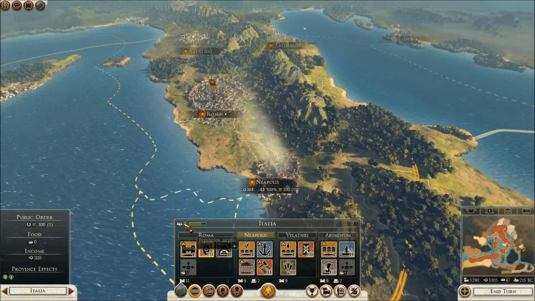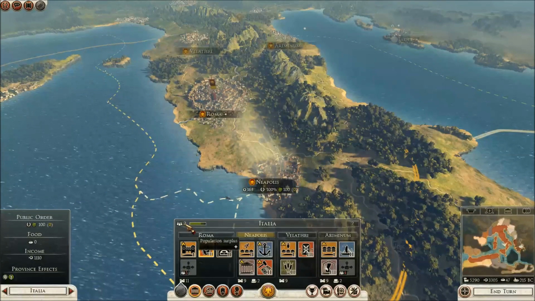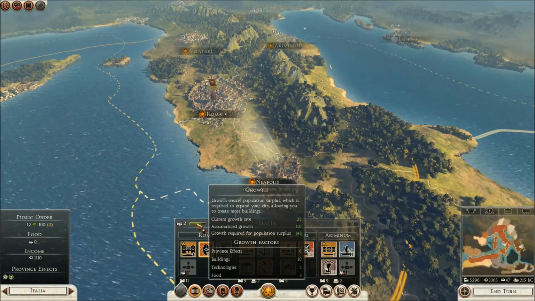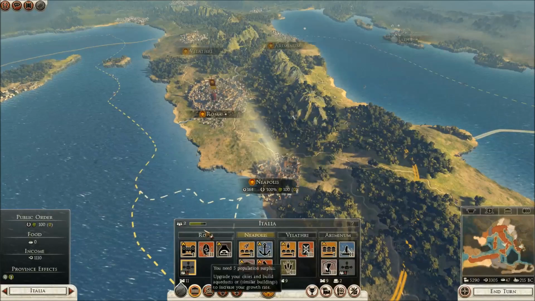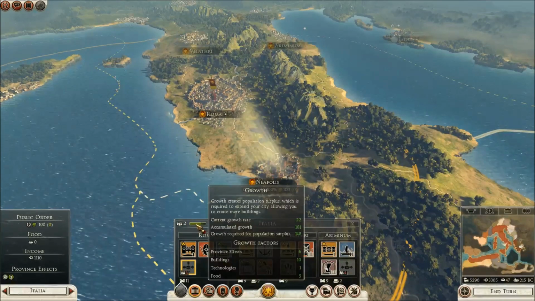There's also a handy-dandy little population surplus icon up here. This will tell me how fast my towns are growing, what growth rate they're at, and how close I am to being able to upgrade. So like, for example, Roma, I can expand this city when I have 5 population surplus. Right now I only have 2, and it's growing in a few different...